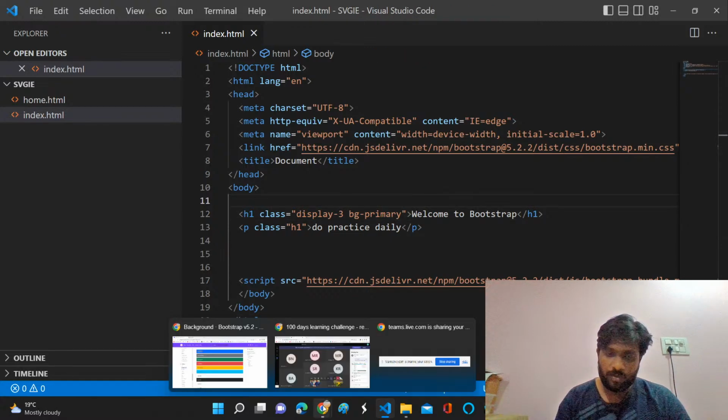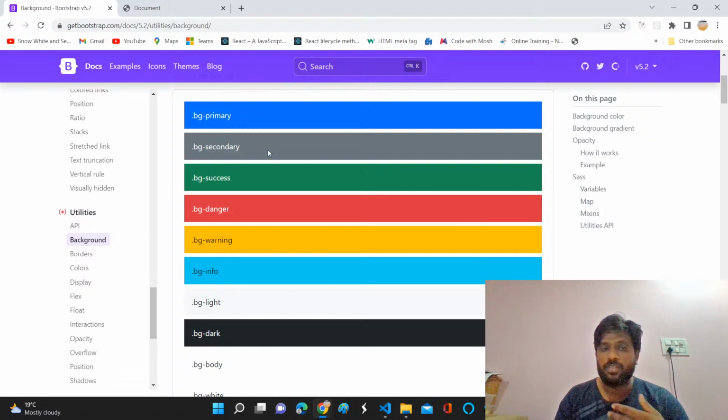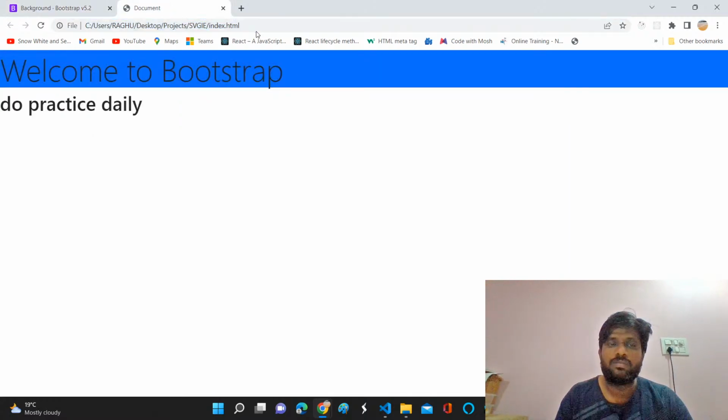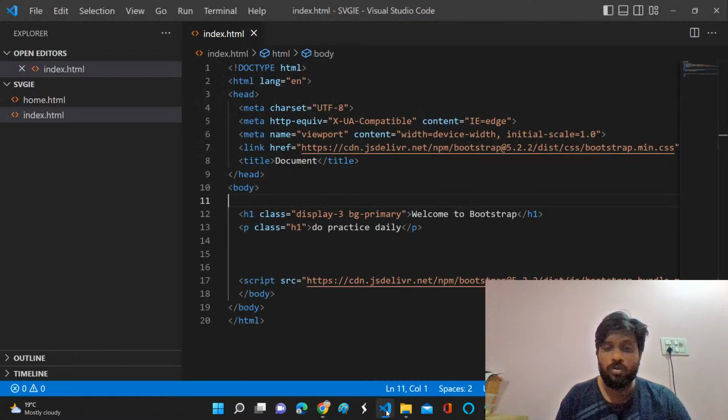But you should have an idea what is the primary color in the bootstrap, what is the secondary color in the bootstrap, what is the success. Suppose if some alert message is there, the form has submitted successfully. At the time, if you want to display some text, obviously everyone in the world use the green color. That's why they have provided like some danger, some errors. We should use normally we will use the red color, warnings yellow color, like that. You can choose it. So if you just refresh, so primary color. And if you want to go for secondary and success, so if you see, if